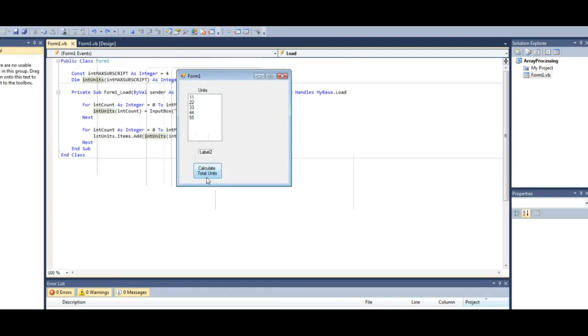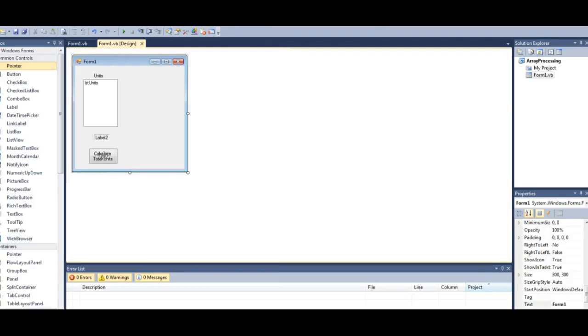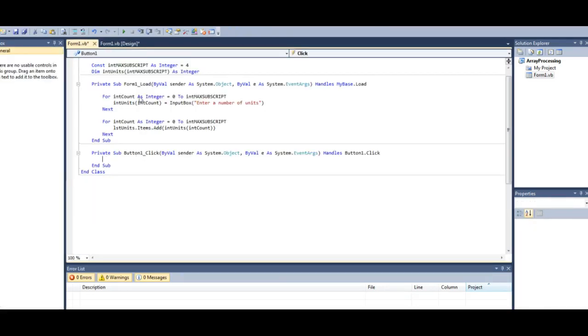So I want to process this array now. I'm going to create this button event here, calculate total units. So I'm going to stop this from running, go back to my form, and click on this button event. What I want to do is accumulate a sum of all the elements that are in there. So first I'm going to declare a variable